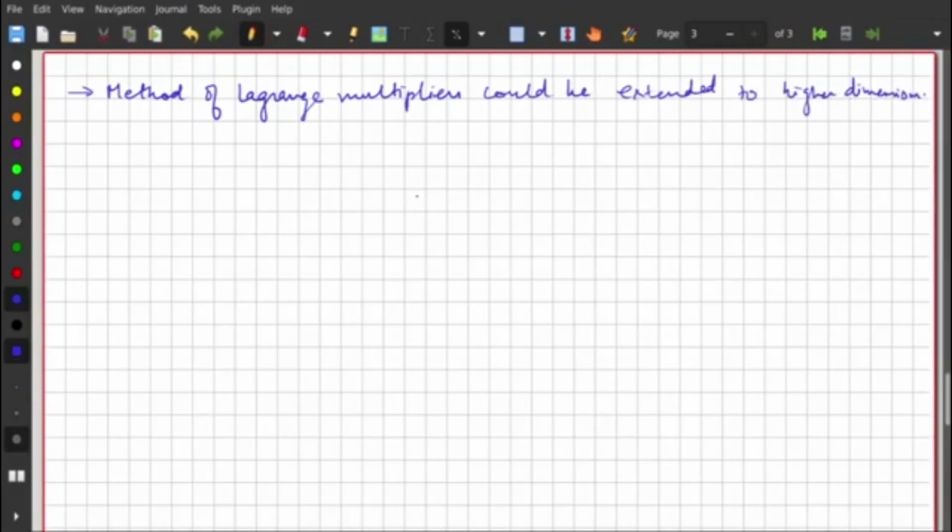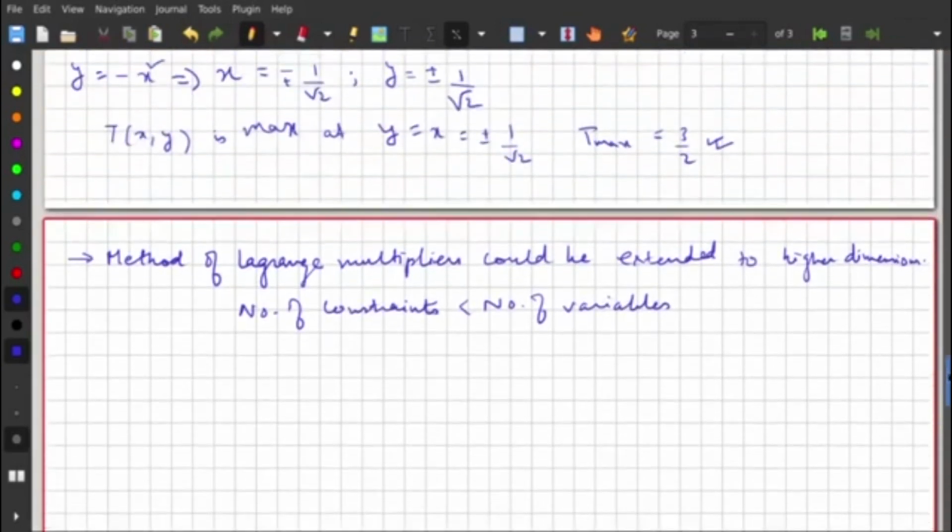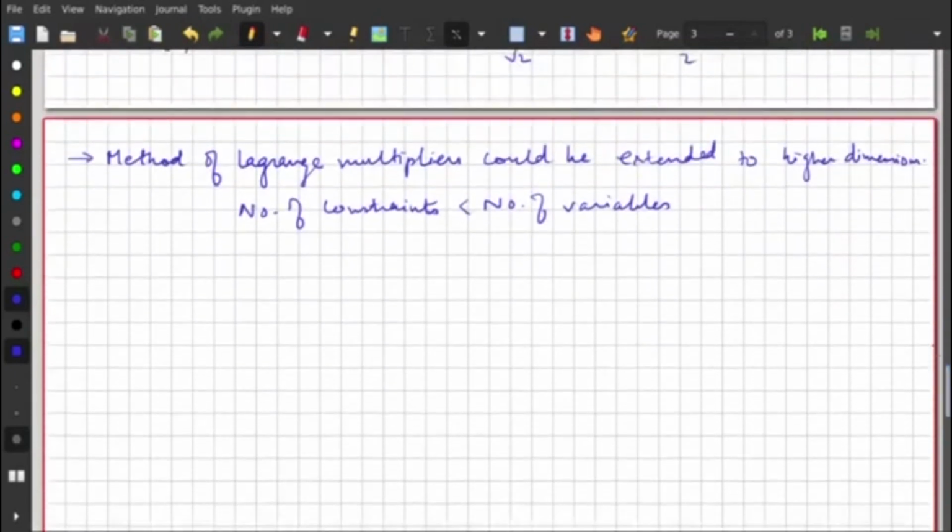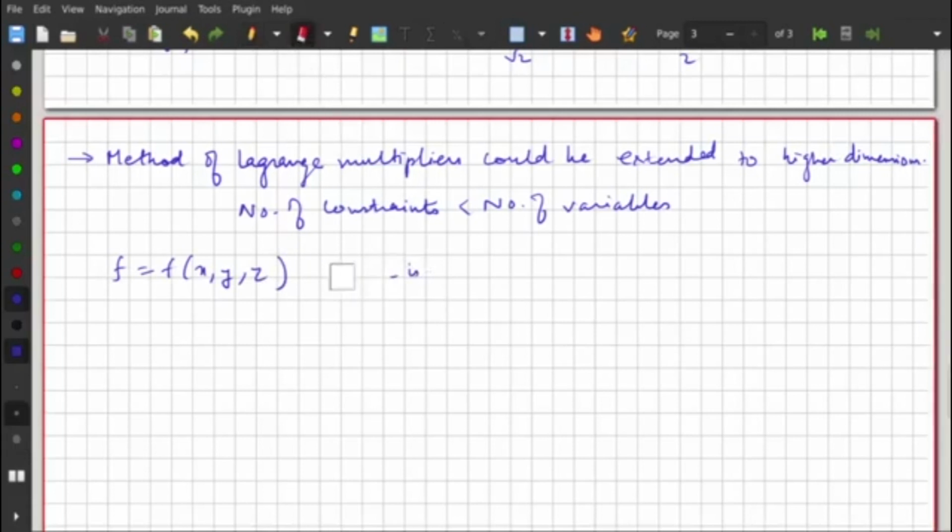The only condition that we need to keep in mind is that the number of constraints should be less than the number of independent variables that we are differentiating with, to prevent it from becoming an over-constrained problem. So that is the general condition where it works. Let's say you have the function f equal to f of x, y, z, and let's pose the problem like this: